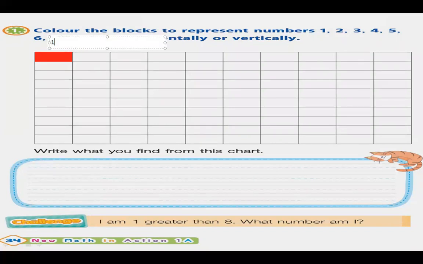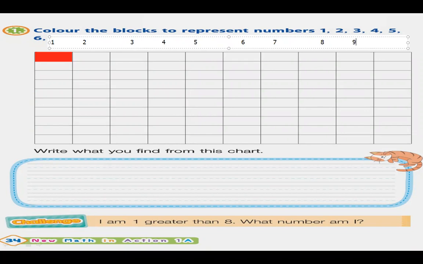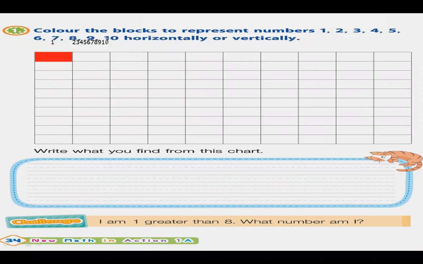So you have 1, 2, 3, 4, 5, 6, 7, 8, 9, 10. Okay, remember, students, don't need